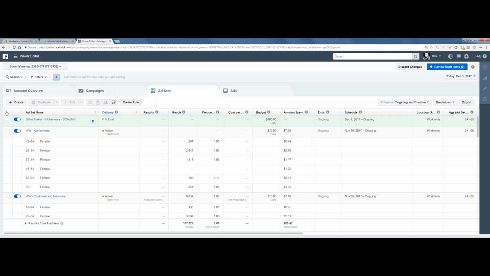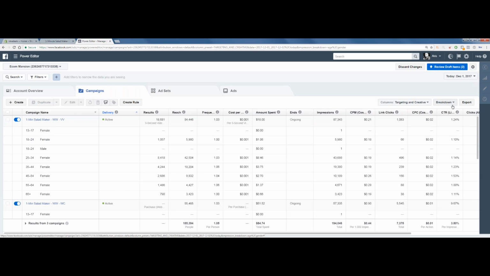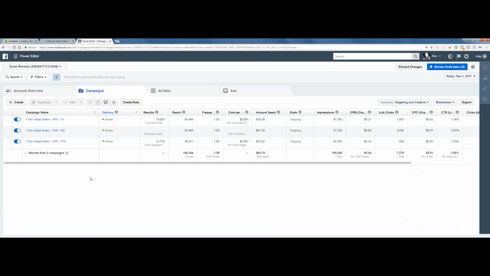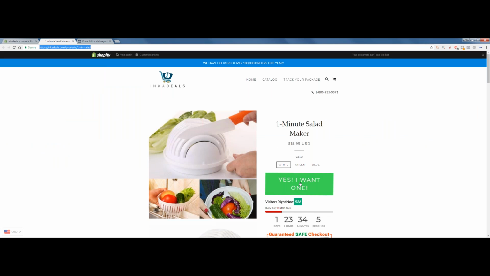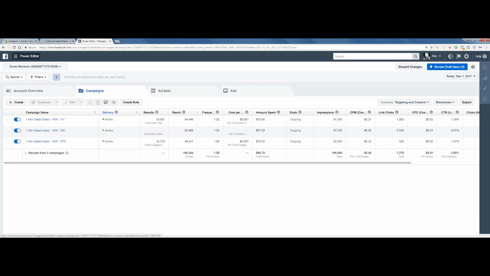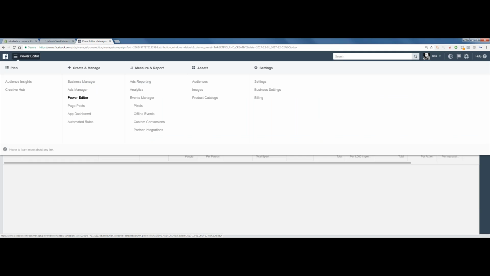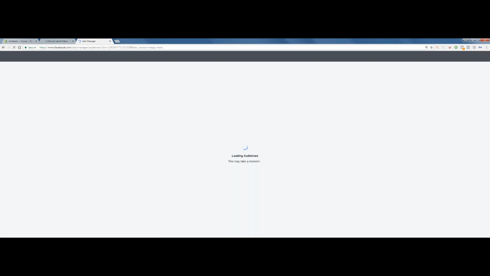To create your retargeting campaigns, the first thing we're going to have to do is create the audience. Let me just remove this breakdown. We need to create a custom audience for us to identify first who are the people who are visiting this product, this page, then who are the people that are adding this product to the cart, and then who are the people that are initiating checkout for this product as well. So the way that we're going to do that is we are going to, here on the top left, we're going to click on it. We're going to go to audiences.